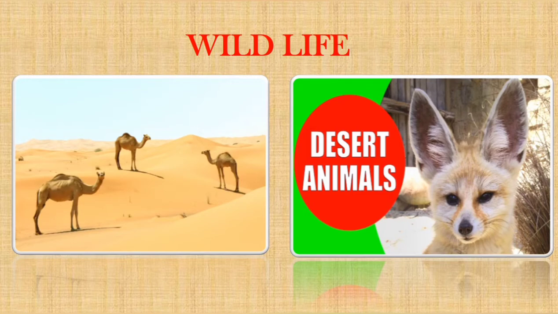Can you say which is called the ship of the desert? Yes, camel is the ship of the desert. And also we can see some nocturnal animals like kangaroo rats, elks, owls, etc., that sleep during the day and come out at night to feed. What is meant by nocturnal animals? The animals that sleep during the day and come out only to feed at night. They are called nocturnal animals.